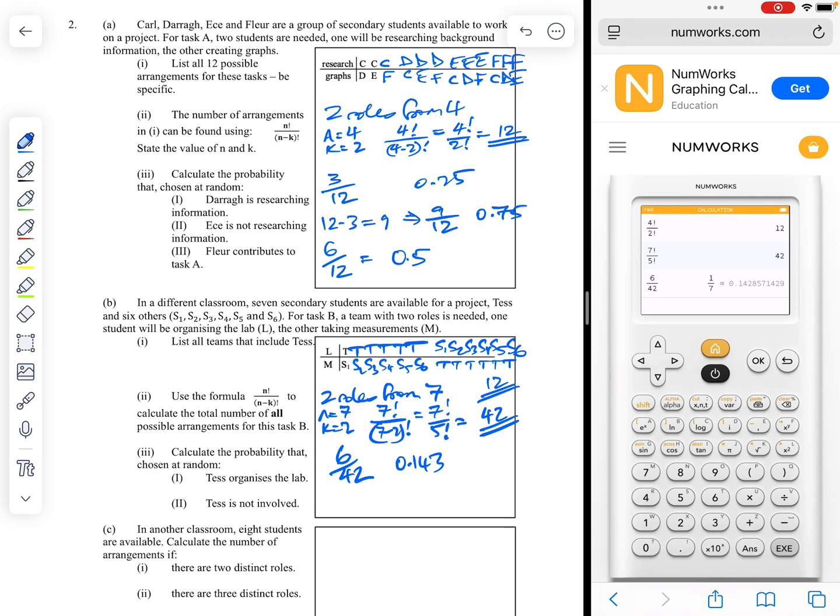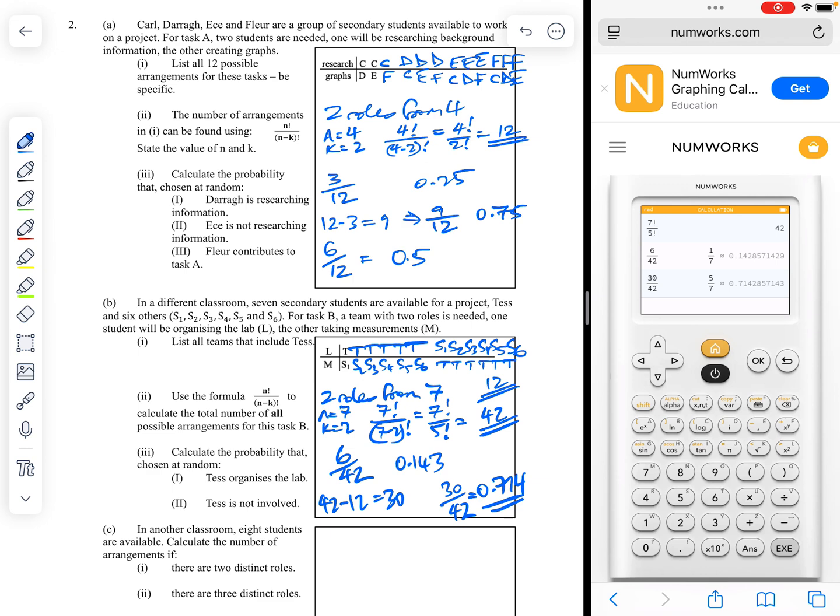What's the probability that, chosen at random, Tess is not involved in the team? Well, she is involved, we worked it out just now, in 12 teams. So therefore, 42 minus 12 says 30 where she isn't. So as a probability, 30 of the teams out of 42, 30 divided by 42, and we get 0.714